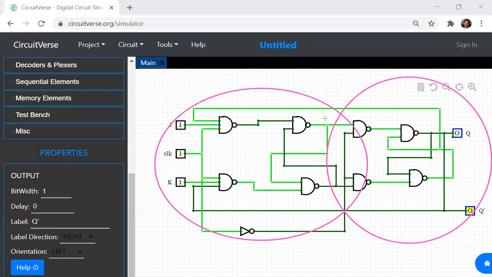And what is the output? I got the output as QI and QI bar. For the second JK flip-flop, in place of J I have QI, in place of K I have QI bar, and in place of Q it is Q only, in place of Q bar it is Q bar only. We have to map the ports and write it.